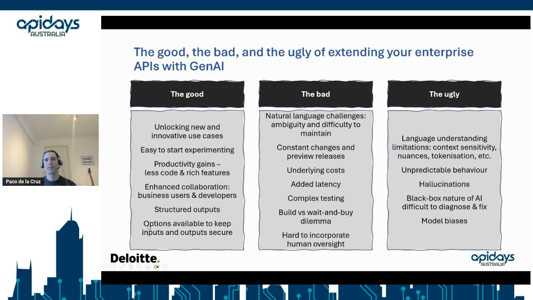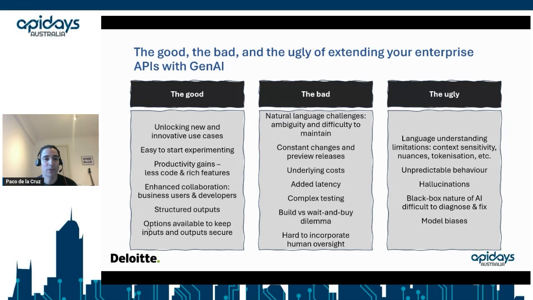All right, so with that in mind, let's discuss the potential benefits, the potential challenges and pitfalls of this approach, right? As we saw here, GenAI is unlocking new and innovative use cases, right? So I was able to build a semantic business rules engine, returning a JSON output with an LLM in the backend, right? And it's very easy to start experimenting, right? Once you have access to an LLM endpoint, then you can start interacting with an SDK, right? In this case, I'm using the OpenAI SDK. It's super easy to start interacting.